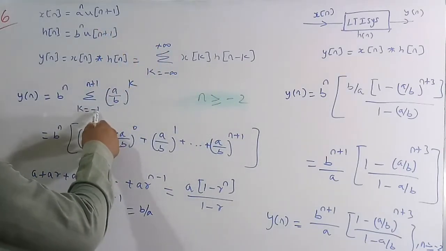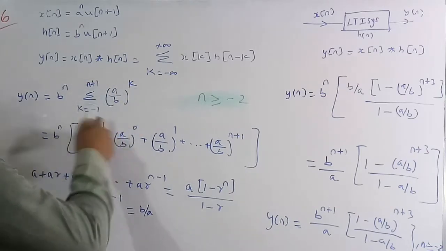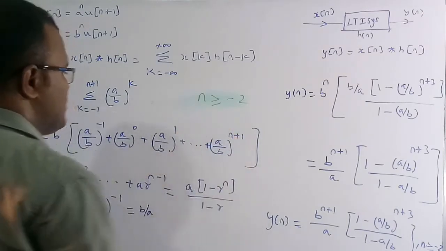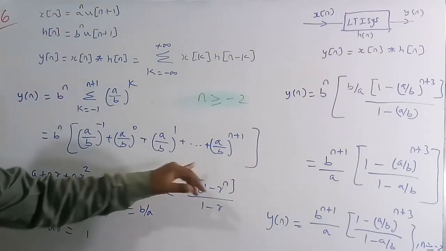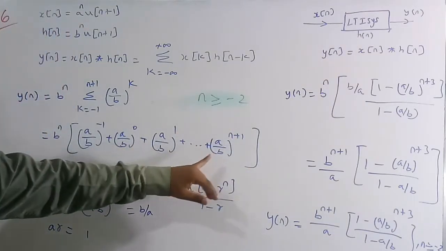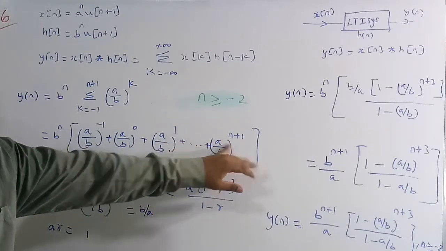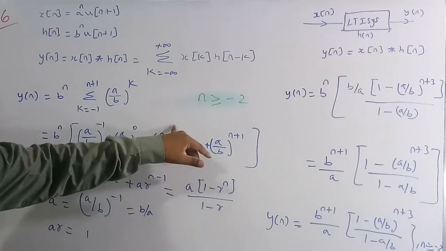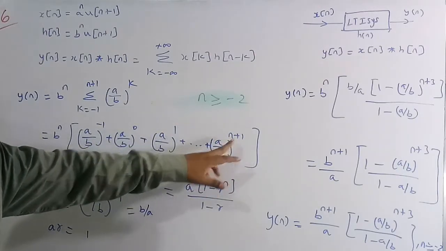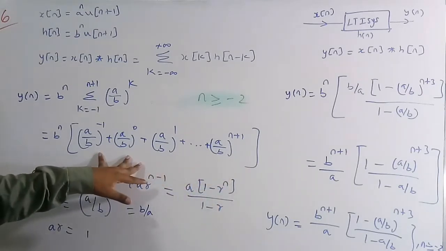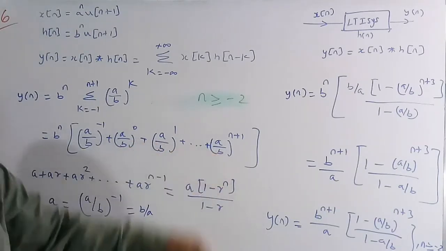So now I am going to substitute k is equal to minus 1. So therefore a by b all to the power of minus 1. After minus 1 it is 0, and similarly 1 up to n plus 1. So if you see carefully here, the number of terms in this expression are, say from 1, 2, 3 up to n plus 1, means from a by b whole to the power of 1 to a by b whole to the power of n plus 1, there are total n plus 1 terms, plus 2. So we need to add plus 2. So therefore total there are n plus 3 terms.